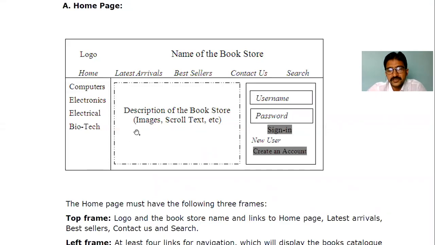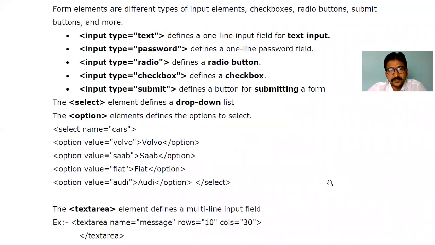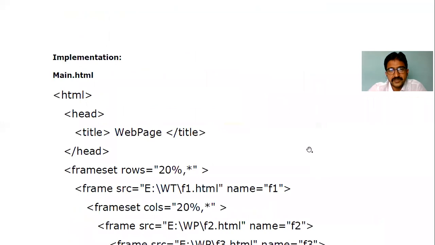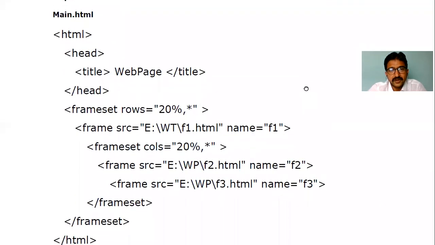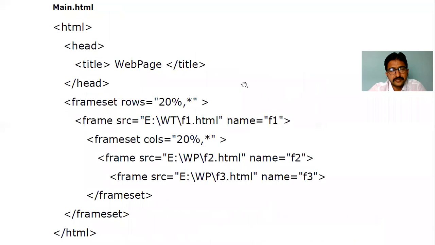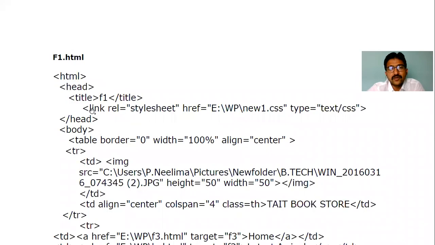Now, with this knowledge, let me go for the program. See the program. If you are with me, you can type it yourself directly, or note it down, or else do it later at home. This is the first main.html we are doing. First I just start the HTML head and give a title for this web page. The title is main page, or you can give your bookstore name, whatever it may be.